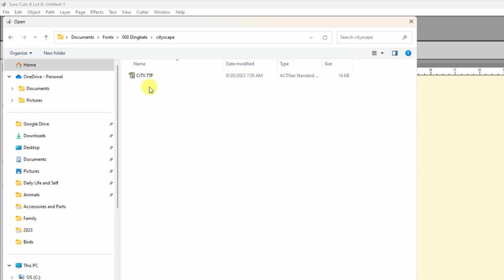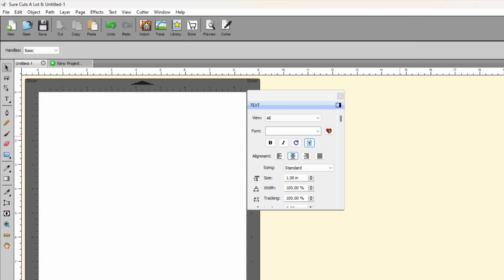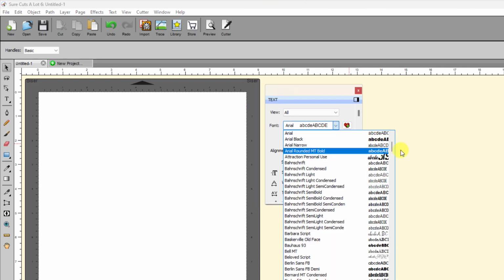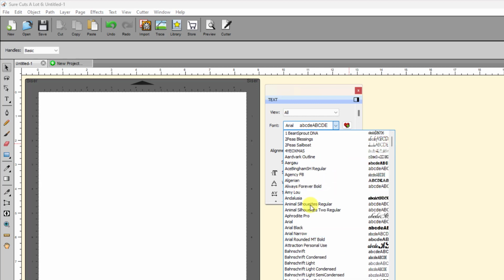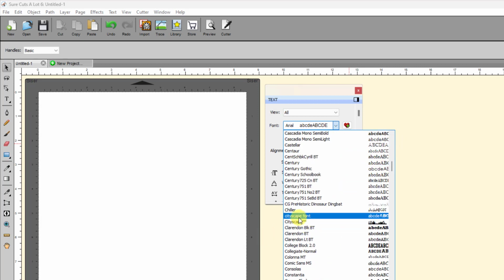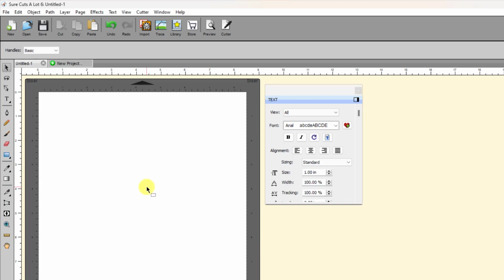So for this one, I'll open up this cityscape and we'll grab this one. Okay, so now it comes up and says it's been loaded. So now when I come to my font menu, and then I come down, I will see, first of all, the animal silhouettes here, the two animal silhouettes that I selected. And then also when I scroll down here, I should find that cityscape, and there it is right there. Or it's one of the other ones that I just opened. But anyhow, that's just a couple options there for you in terms of installing fonts to use in